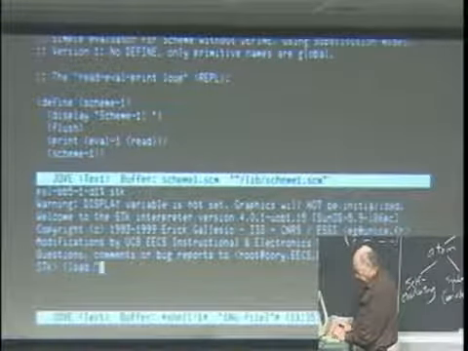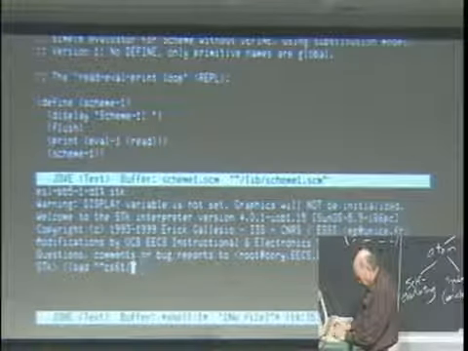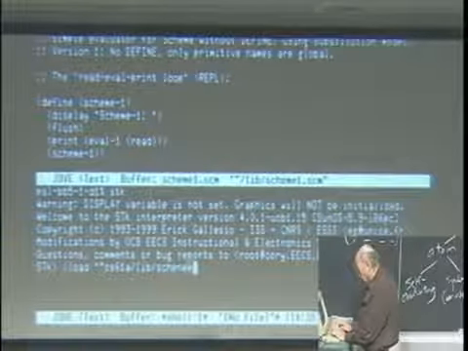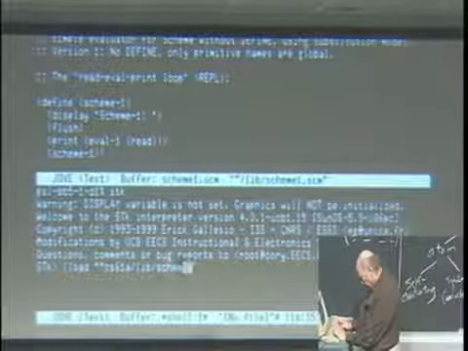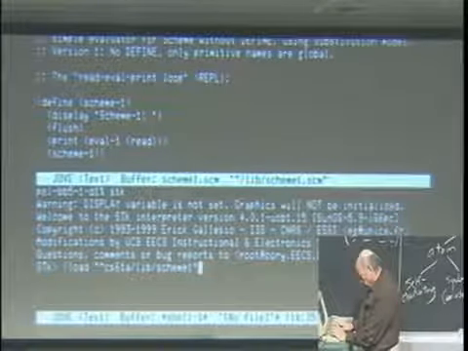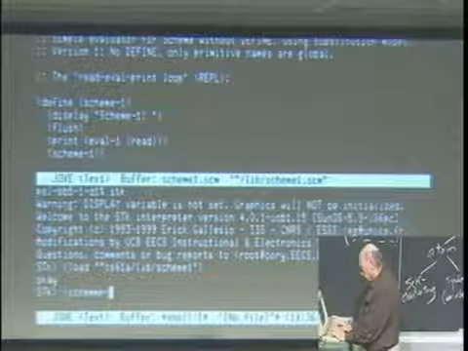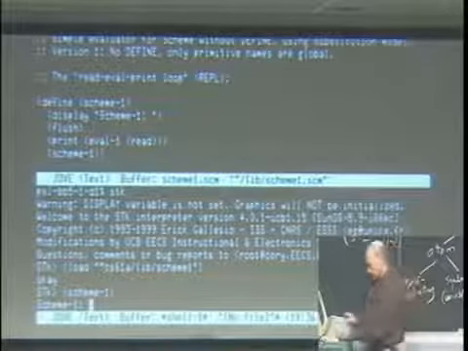So you say load total CS 61A slash lib 61A slash lib slash scheme 1. You spell it right. It works better that way. It says OK. And you say scheme -1. And you get the scheme 1 prompt,